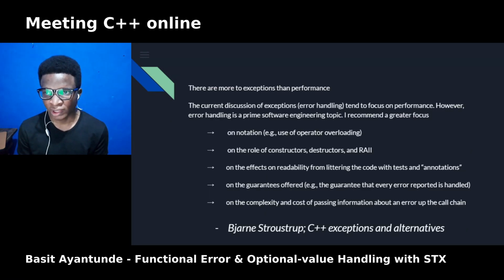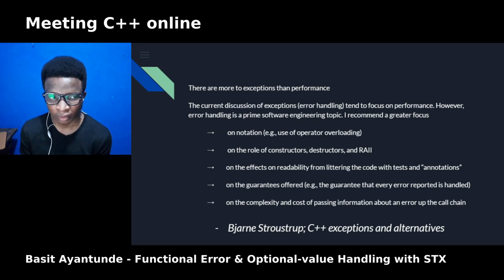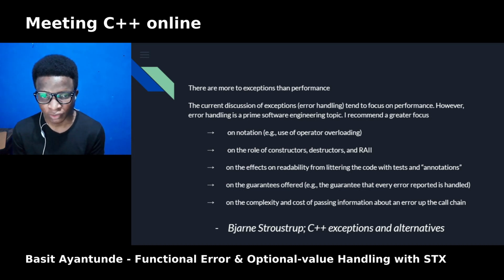Yeah. I would like to leave us with a few notes from Jan Schwarzrock in the C++ exceptions and alternatives paper, which says there is more to exceptions than performance. The current discussion of exceptions tends to focus on performance. However, error handling is a prime software engineering topic.